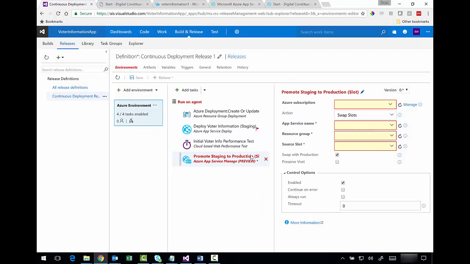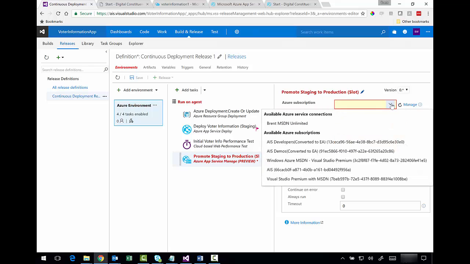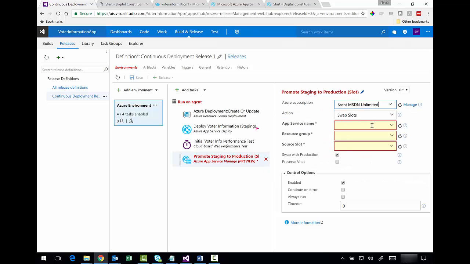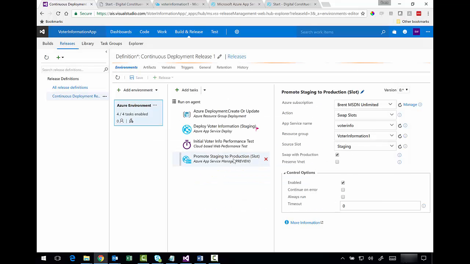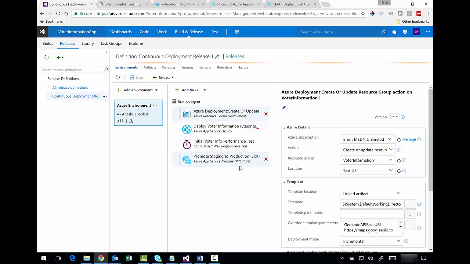And then I'll need to do some configuration around this task as well. So again, hook it up to my Azure subscription I showed before. Indicate the app service name. Set the resource group. The source slot, this is the slot that should be swapped from, and I'll click OK. And now we should have everything we need